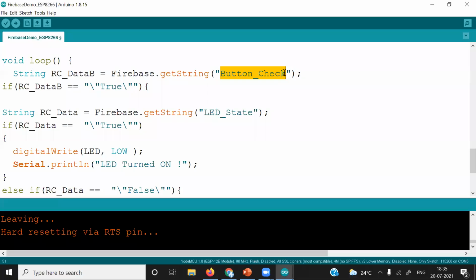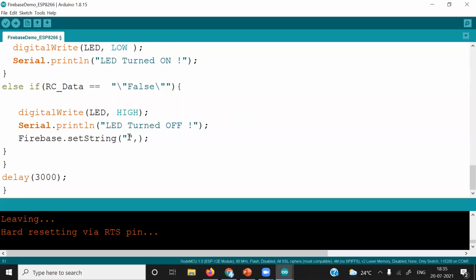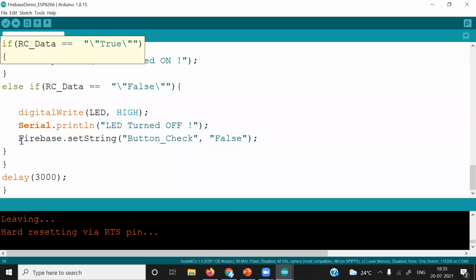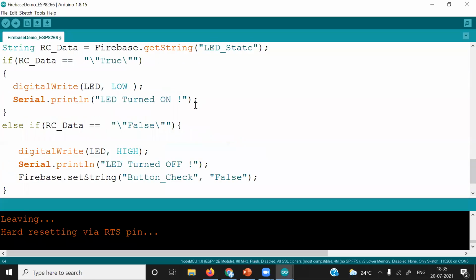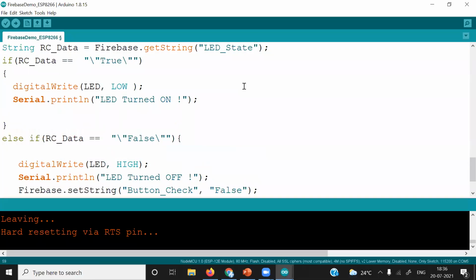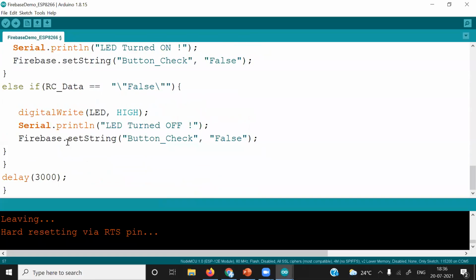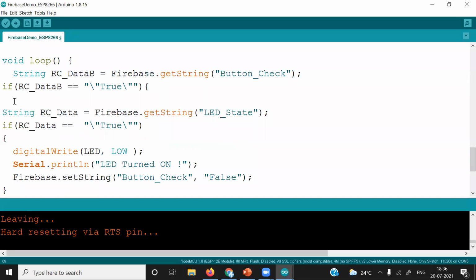We will write some random data, Control C, Control V, and here we want to write false. Same thing we will do here also, Control C. Now let's understand. I will just remove this delay now. We do not need this delay now. So we'll start from the beginning.